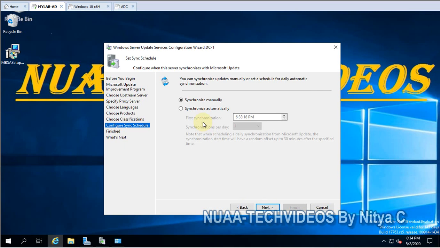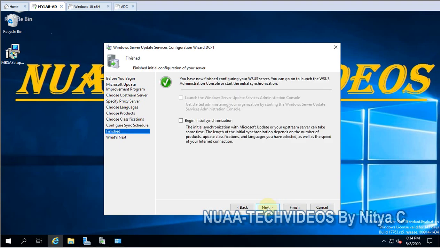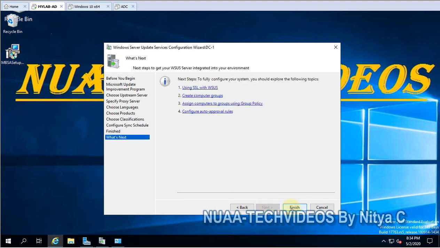And because this is the first WSUS server, I will go with the manual configuration, and later on I will configure to synchronize for the update. I'll schedule that. For now this is fine. Okay, click next and next and finish.